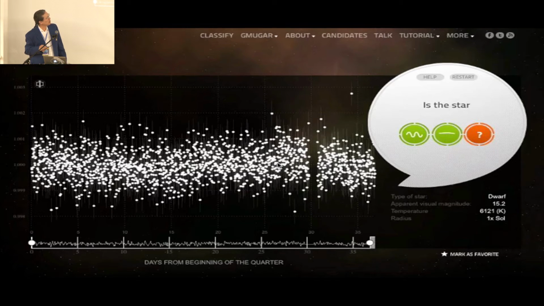But one thing that we came across is this possibility for another mode of interaction. So not just the task itself, but you'll notice this final question here. Would you like to talk about this star? So originally, when the people who created Galaxy Zoo put it together, they had put these discussion boards there sort of as a sideline. It was sort of an afterthought, the idea that maybe the volunteers would want to do a little bit of socialization or have a place to ask questions. So they put up this discussion board.